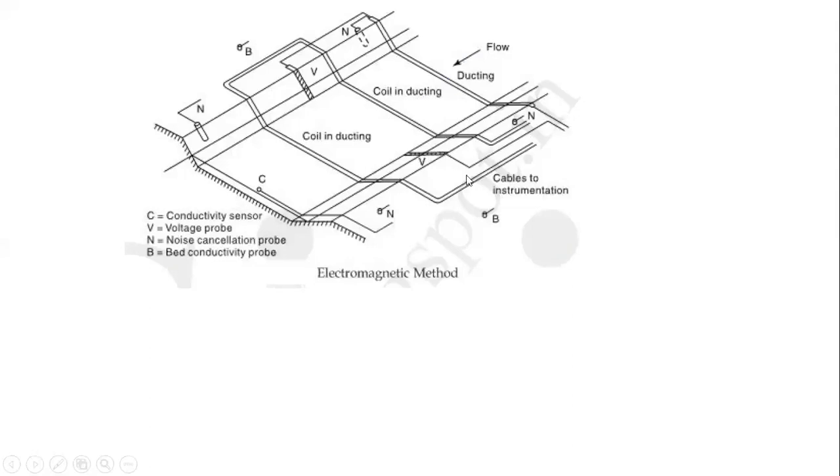Here we can say, voltage probes are provided to measure that voltage which has been induced there. Okay, then along with that the conductivity sensors are also provided. See, here are shown conductivity sensors, and up to how much width beyond the banks of a river the current is flowing, to measure that, the bed conductivity probes are also provided, because if there exist living organisms, animals, cows, etc., in that case there is a chance of shock.